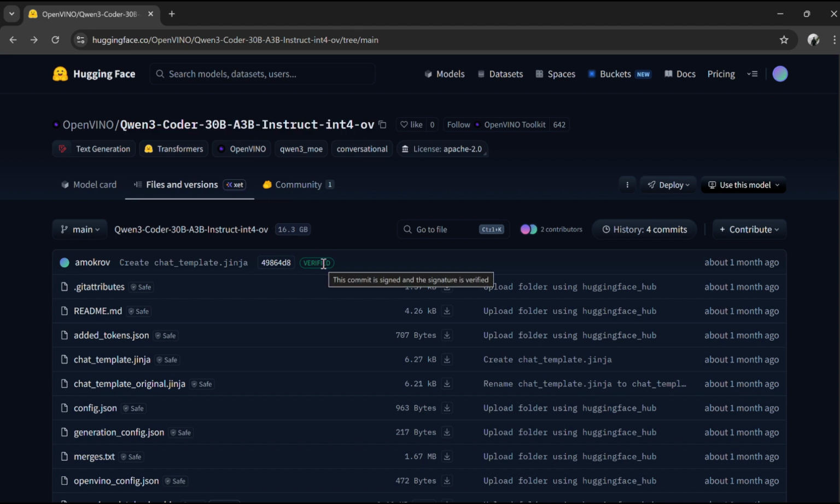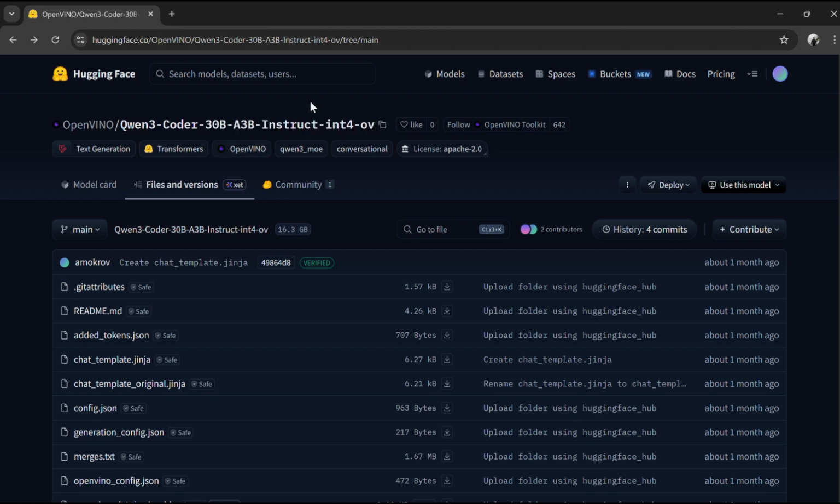If you use a different model family, you would change the tool parser to whatever OVMS supports for that model, for example, Hermes 3, Llama 3, or Mistral. Qwen3-Coder is the correct match for the Qwen3-Coder OpenVINO model